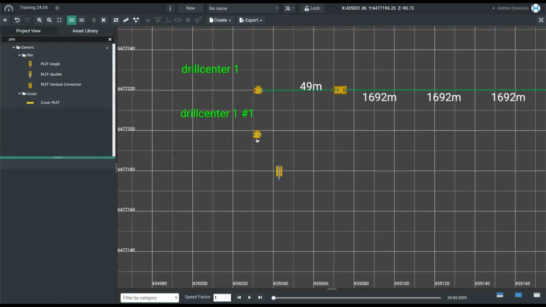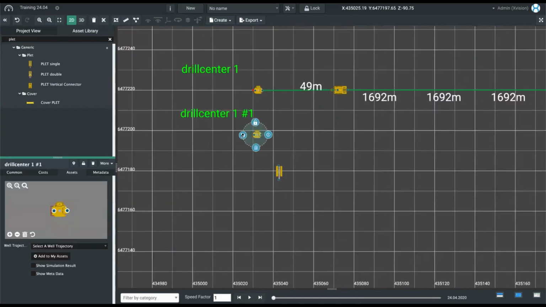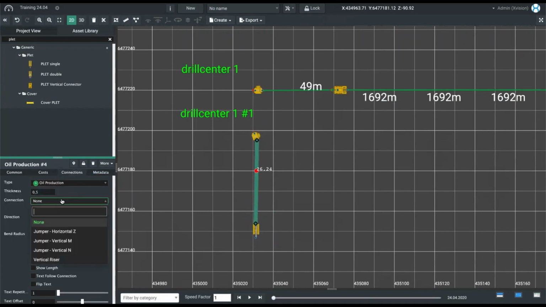I'm just going to show you the horizontal way of doing a jumper is like that. And I'm going in here and I choose, well, horizontal is actually not a part of the allowed connections for this one. Let me try with, see if this one is here. No, it needs to be enabled in the admin section. But what I can do is use